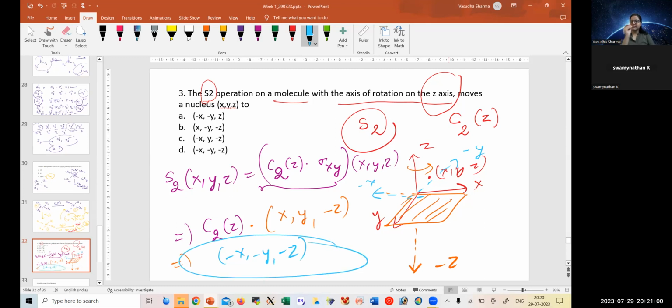So we took a nucleus having XYZ coordinates. It was said that we have to apply the S2 operation. We first applied the molecular plane, which was along the XY axes. The plane having XY axes is not going to affect X and Y. Only Z is going to get reflected. Instead of Z, we got minus Z, because it has been reflected from positive to negative. Now we applied the C2 operation, which is 180 degrees, but C2 is along the Z-axis. So wherever the operation is going along, that does not change, while the other axes would change. So X becomes minus X, Y becomes minus Y. So if you consider it very carefully,